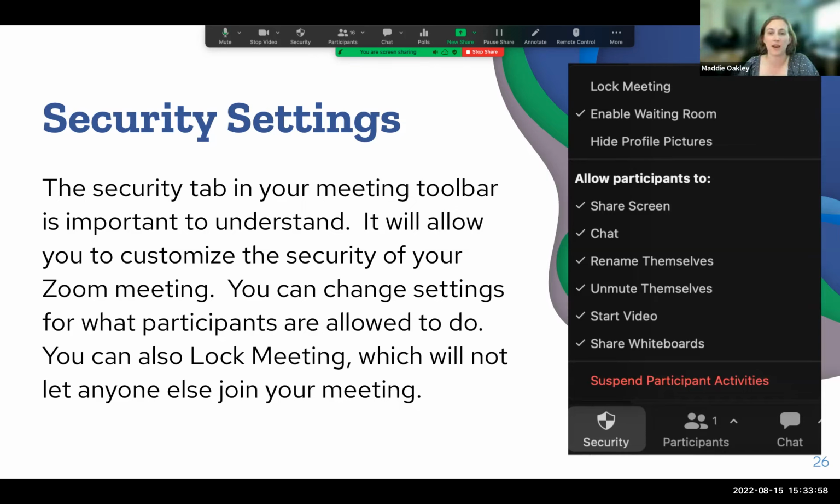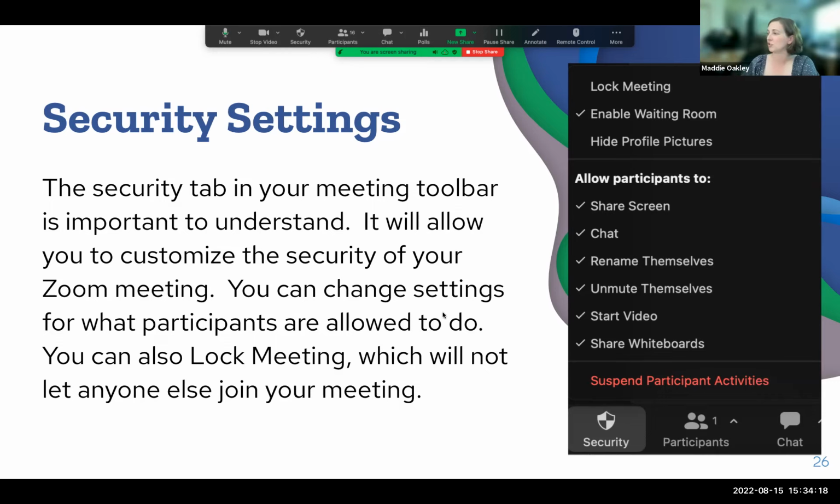So one thing to keep in mind, especially if you are ever hosting students or a larger group where you're not sure maybe how things are going to go, keep in mind where the security tab is. It's the third one from the bottom. You've got mute, stop video, and then security.